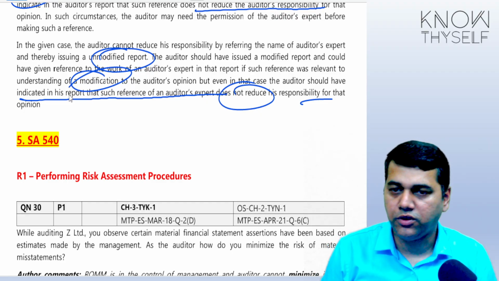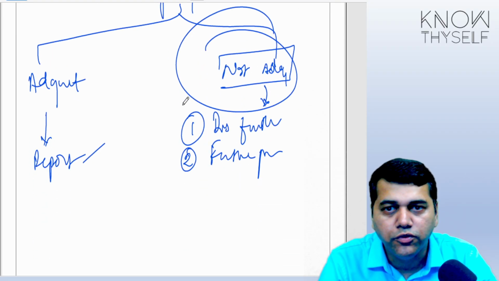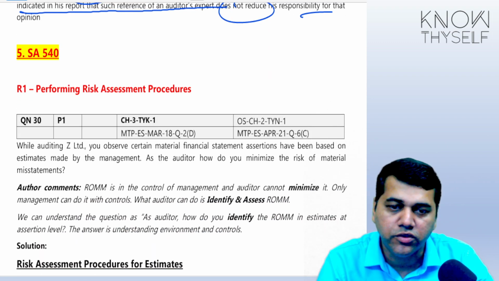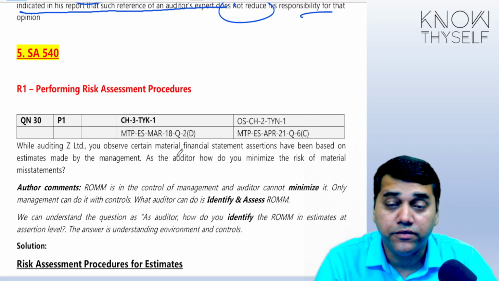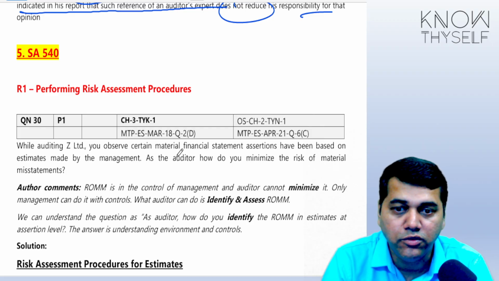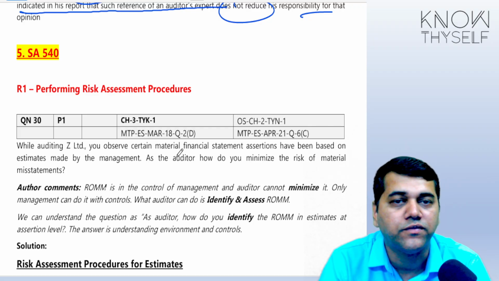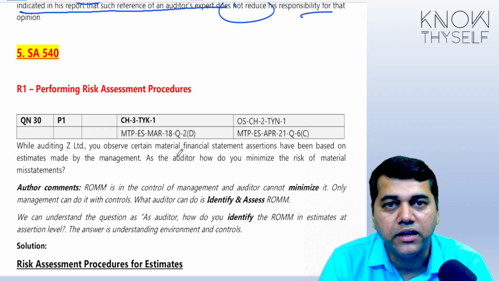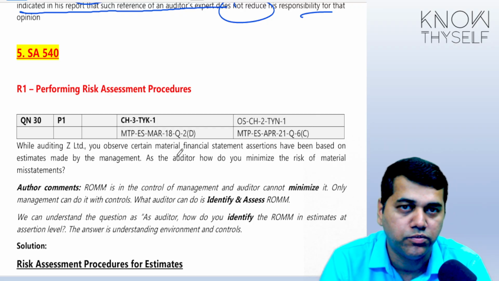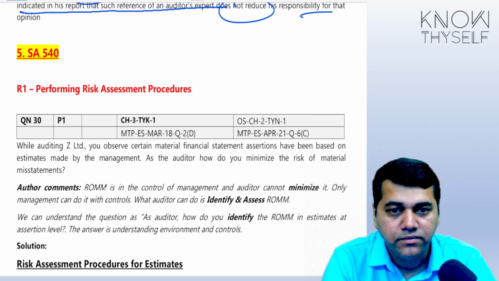Yes, students, I hope you are clear. I think we are done with this, and hopefully by tomorrow we are going to complete SA 540. SA 540 is a very big, very nice standard, and we have to discuss it in detail, friends, because if I start now, we may not find sufficient time. Instead of doing something half, tomorrow morning we will complete it. If possible, tomorrow morning we will go up to 9 o'clock. We'll try to complete this standard by tomorrow, at a stretch. I hope it's fine. Thank you.